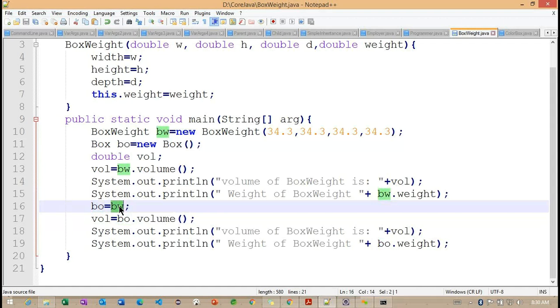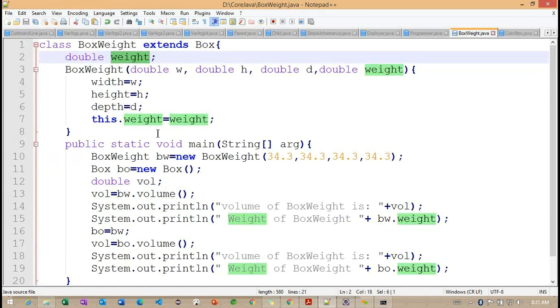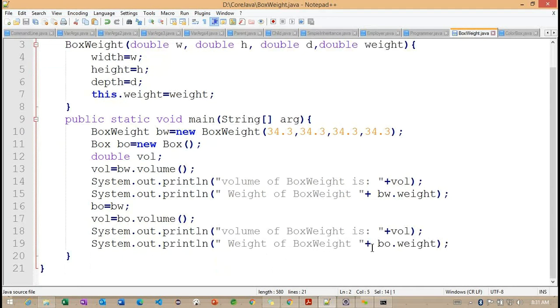Even though we copy the box weight information into the box class object, whatever information is inside the box class, only those variables we can access here. Inside box weight we have this weight, but the same variable we did not define in our box class.